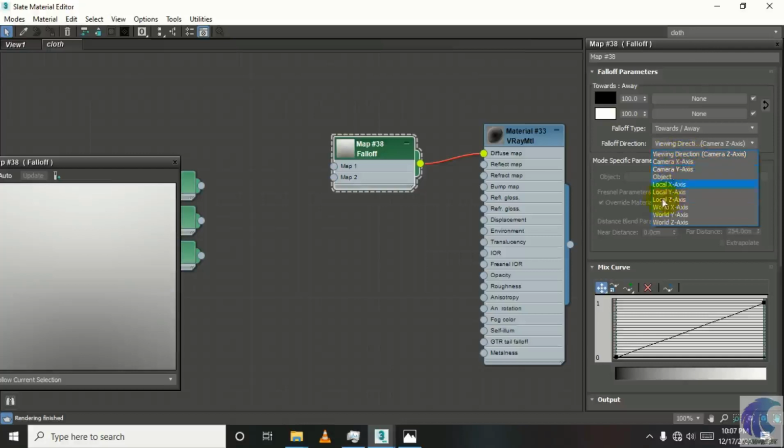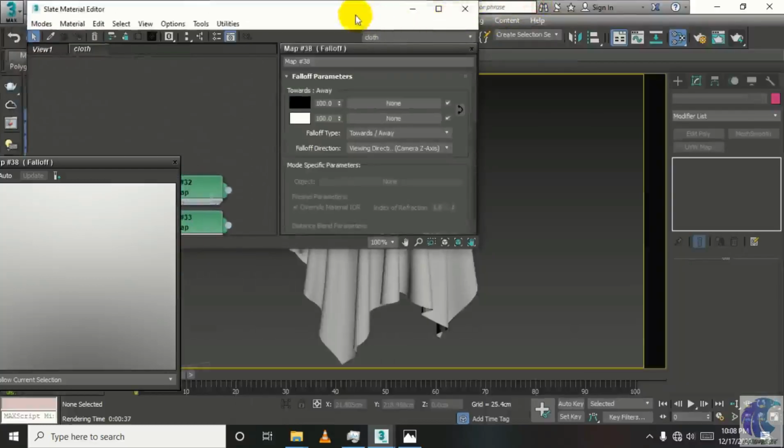These properties we can change, and we can change all the results we get from the falloff map by changing these properties. So we will keep using view direction, camera z axis, so towards away, left or right, based on the condition or based on the axis of our surface.